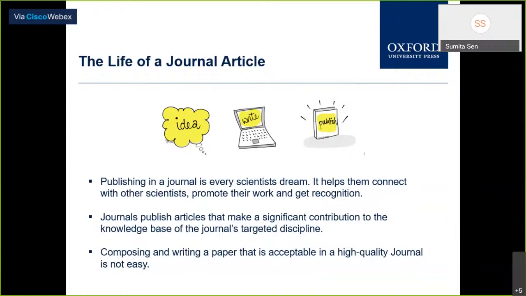But for scientists, their dream is, when they're doing their research, if they come up with a new finding, to bring it out to the audience and get their work recognized in a good journal, to get their work promoted and recognized. So they have an idea, they've done a major discovery. They want to write it out and make sure it's published in a good journal. But to make that paper acceptable in a high quality journal, and when I'm talking about high quality, I mean a journal with a very high impact factor.